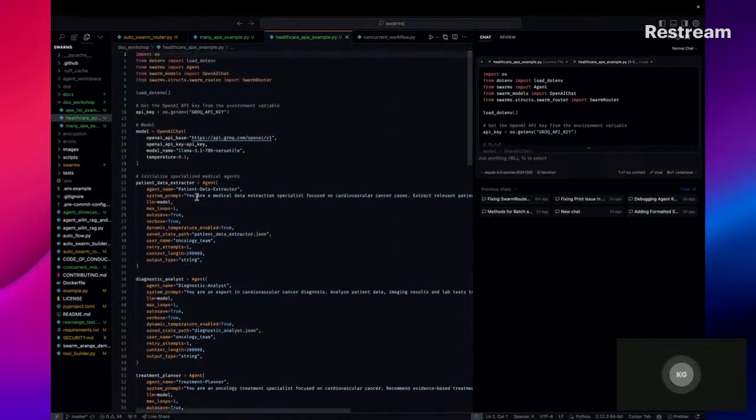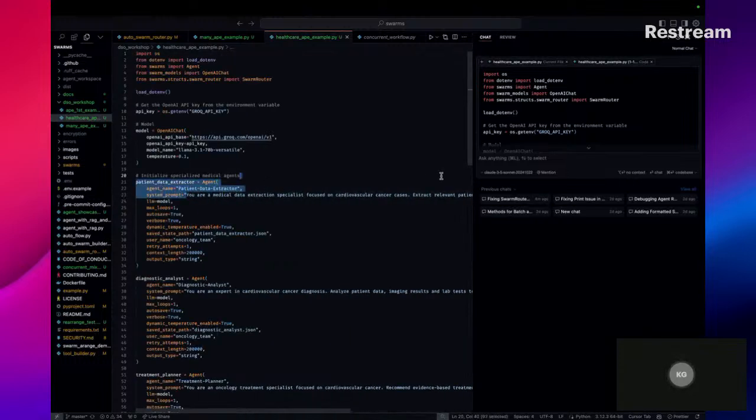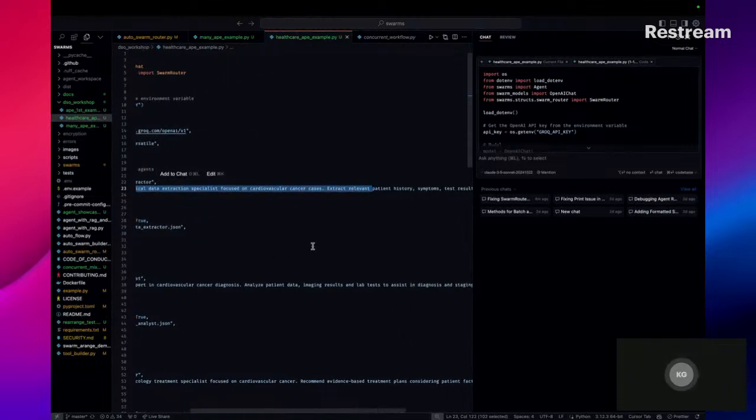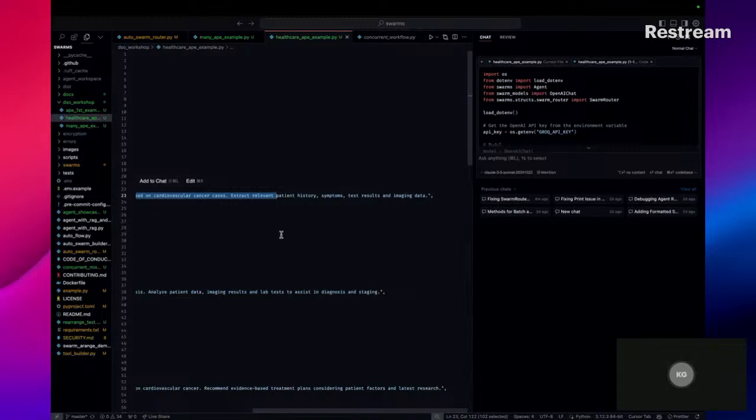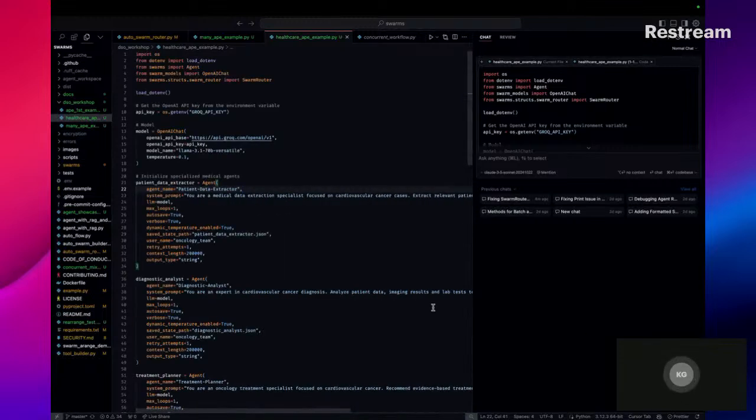So here Cursor gave some system prompts, but these are still trash. Like, you are a medical data extraction specialist focused on cardiovascular cancer cases, and it's just super short, super bad, which is not good.